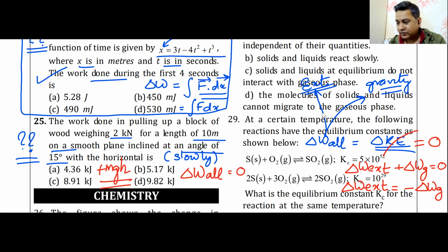Question number 24, I would still want you to think. I can solve it, not a problem. I can do it in 10 seconds, but that will not serve any purpose. Remember, I am not giving you questions or papers for the purpose of you scoring marks or for the purpose of you feeling good or bad about it. I'm giving you the paper for a purpose. The purpose of the paper is to understand which questions to attempt, which questions to leave, how to score marks. And I'll keep on doing it.